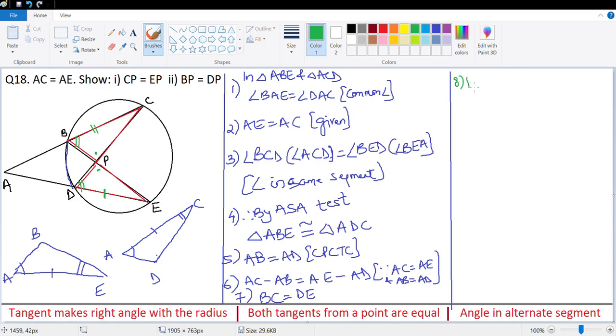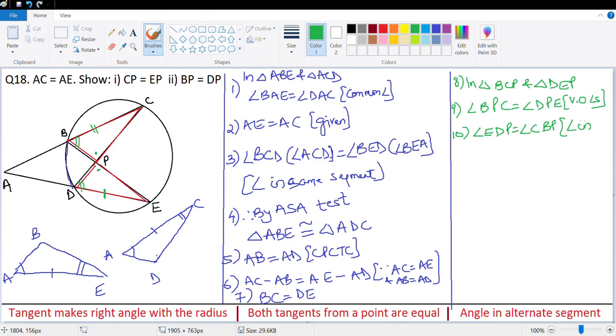So next, point number 8, in triangle BCP and triangle DEP, what I have is angle BPC is equal to angle DPE, vertically opposite angles. Next, angle EDP would be equal to angle CBP. This is angle in same segment. And then the last part would be BC is equal to DE. This is from 7. What this gives me is therefore triangle BCP is congruent to triangle DEP